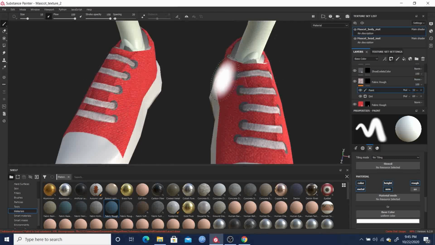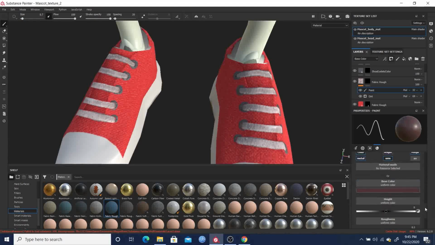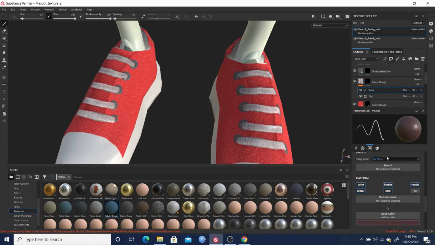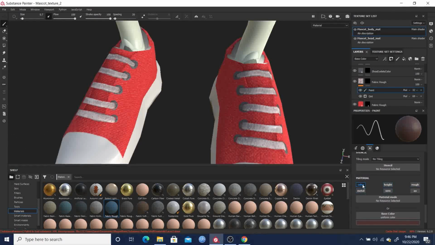And here, I'm just going to bring my brush size down to about there. And for the uniform color, I'm going to go with kind of a darker brownish color. And just scroll down here. And I think I just want color. So if I hold down Alt and color,